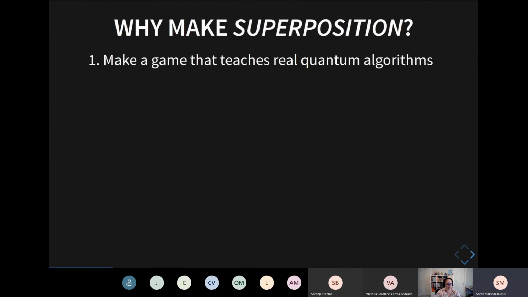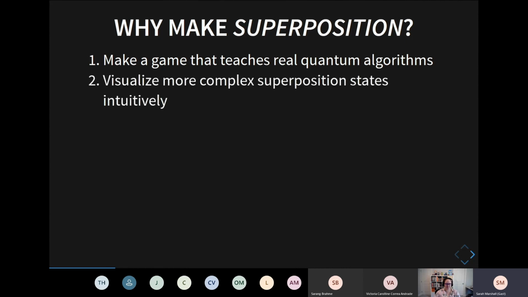One of our goals was to try to teach quantum mechanics in the form of a video game. To do that, we wanted our game puzzles to support actual quantum algorithms. We wanted to be able to apply gates while you play the level, so solving a puzzle would be like constructing a quantum circuit on the fly. And we wanted to teach circuit identities, teach how algorithms work, and also visualize that